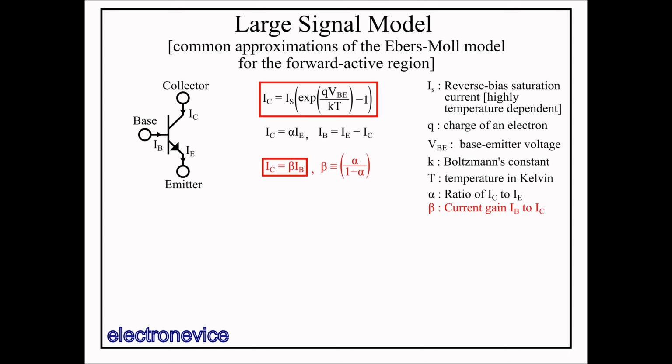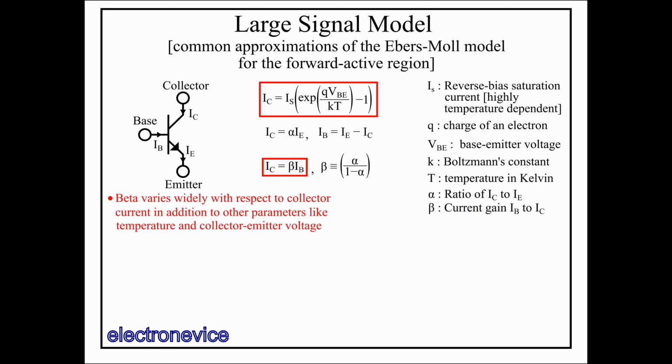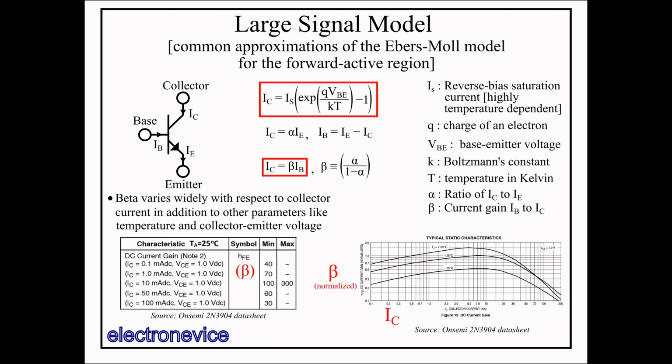The range of values for beta for a given transistor under different conditions is provided in the transistor's datasheet. It is worth noting at this point that while we tend to treat beta as a constant with respect to collector current, it actually varies quite widely. For the popular 2N3904 transistor, which we used in the previous video, beta varies from 30 to 300 depending on the collector current, part-to-part variation, and other factors. However, we'll see later that we can design our circuits not to rely on the precise value of beta, but more to rely on beta being large, which renders this wide variation immaterial.